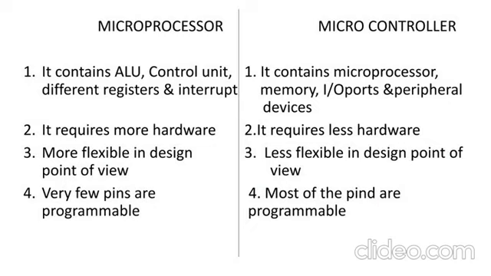Then this processor has 1 or 2 bit handling instructions, whereas a controller has many bit handling instructions. Bit handling instructions are nothing but individual bit can be manipulated using that instruction. A single bit can be manipulated. So you have many instructions in a controller to manipulate a bit, whereas in a processor you have very 1 or 2 bit handling instructions.